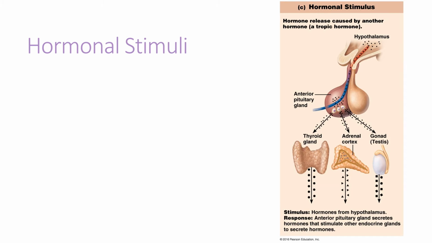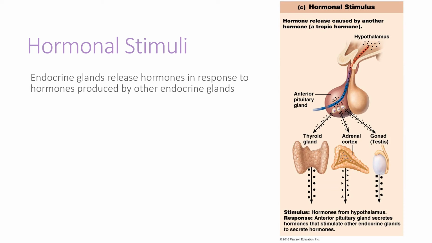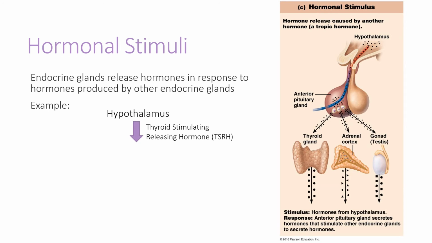Probably the more common kind of stimulus we're going to study, though, is the hormonal type of stimulus. Here, endocrine glands release hormones in response to hormones that were produced by other endocrine glands. Here we'll take a good example of that. The hypothalamus is both nervous and glandular tissue. It is part of the central nervous system, but it also produces a series of hormones like thyroid stimulating releasing